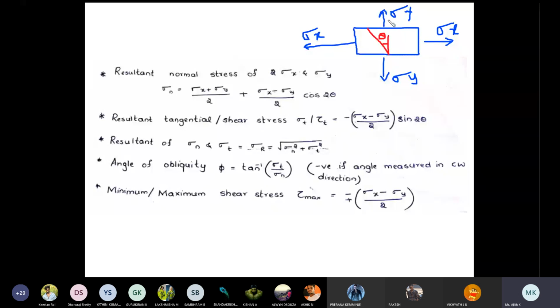So this diagram will be given in the question in most of the problems. They will give you the sigma x value, the sigma y value, and theta also, and the question will be like: in the diagram shown, calculate the resultant normal stress on a plane which is inclined at 30° with respect to vertical. Calculate the resultant tangential stress, the resultant stress, the angle of obliquity, and the maximum or minimum shear stress. Like this they will ask. Then resultant normal stress means